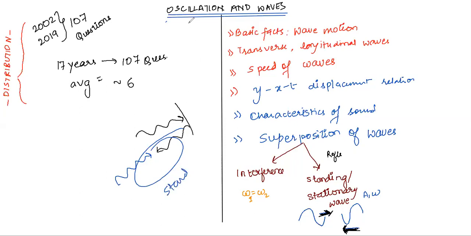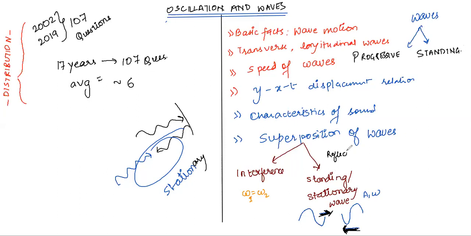Why is it called a stationary wave? Because it is not progressive. See, there are two kinds of waves again. One is called a progressive wave. A progressive wave is a wave which is moving from one location to another. I will repeat, there are two kinds of waves. One is progressive, right? Then the other is standing or stationary. So when a wave is stationary or standing, it is not progressing. Very simple, right? The wave is standing, so it is not progressing.